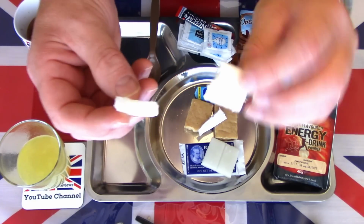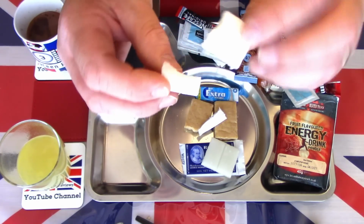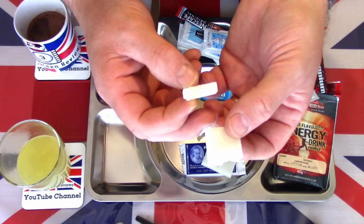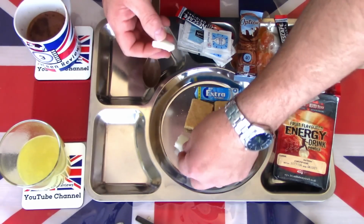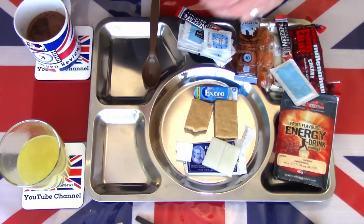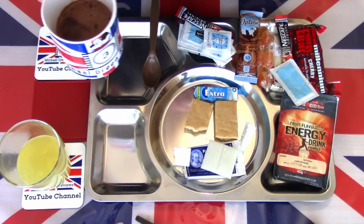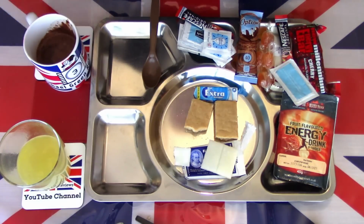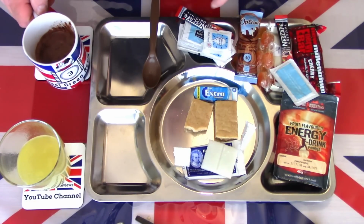Very strong mint. Very strong peppermint, spearmint flavour. Very nice, very palatable, but again, absolutely packed with sugar energy, glucose energy, empty calories, but another huge energy bar. Very nice, very tasty. Very, very energy rich. Absolute death by sugar. I'm starting to feel it already. Millennium bars, Kendal cake, chocolate, barley sugars,